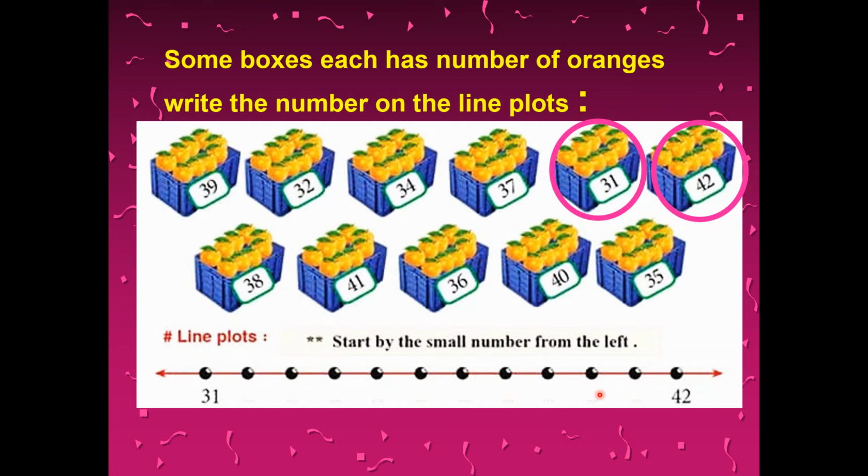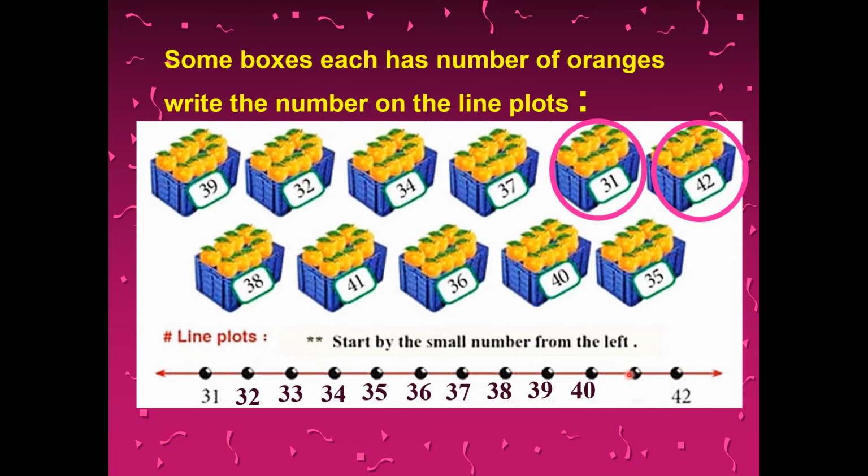What is the meaning of in order? In order means the numbers go forward one after each other. So here 31, so the next should be 32. Here, 33, 34, 35, 36, 37, 38, 39,